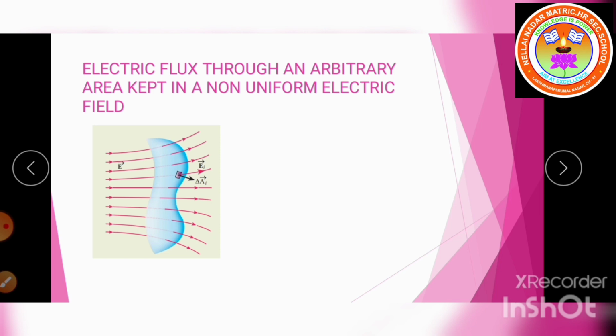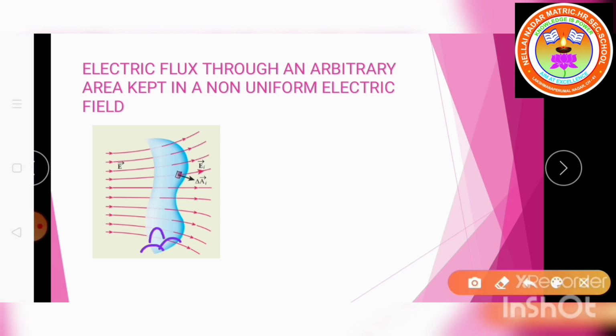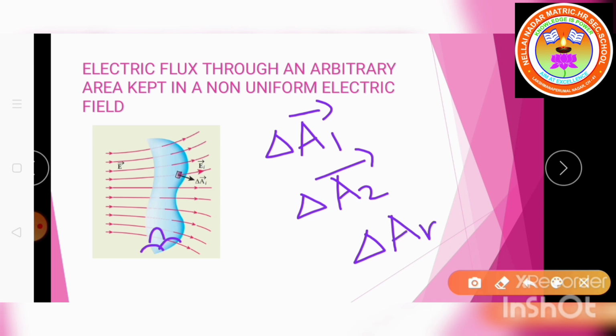For that, the entire object is now divided into small segments. The first segment is denoted as having the area del A1 vector, the second one del A2 vector, and like that, the last segment I am going to take as del An vector, such that each area element is almost flat. So the electric field over each such area element we take as a uniform electric field. Understand, children?